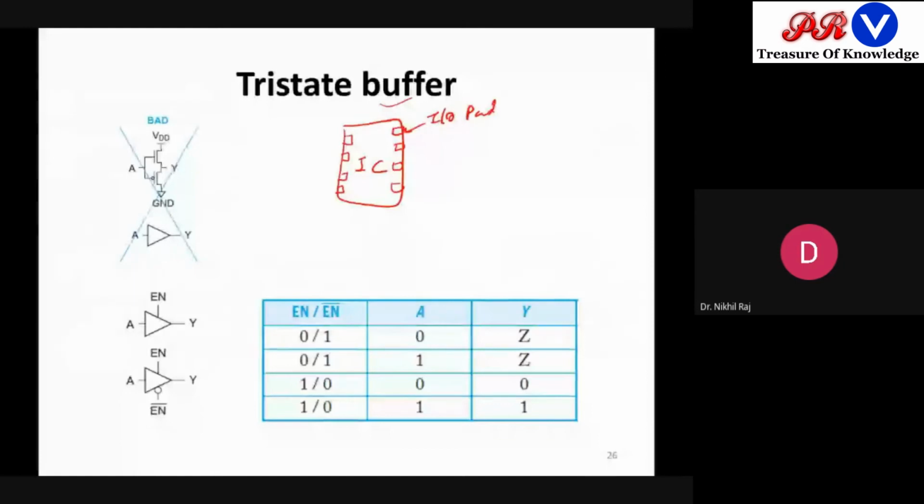Now if I directly connect this input output pad to my external circuit, let's say I am drawing a voltage divider network with resistances R1, R2, then ground, and I am taking the output from here. What happens if I directly connect the logic circuitry output to the external world with passive elements? Maybe due to high current, the internal circuitry can get damaged. When that happens, or when high current flows into the IC, my IC can get burned off, or it will be of no use in the future. So in order to protect it, we use buffers at the IO pads.